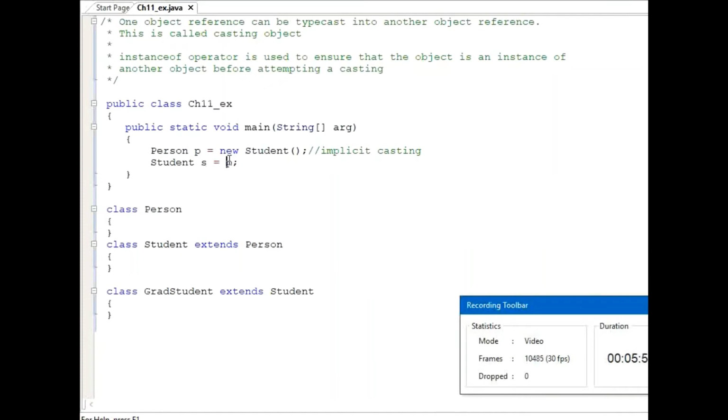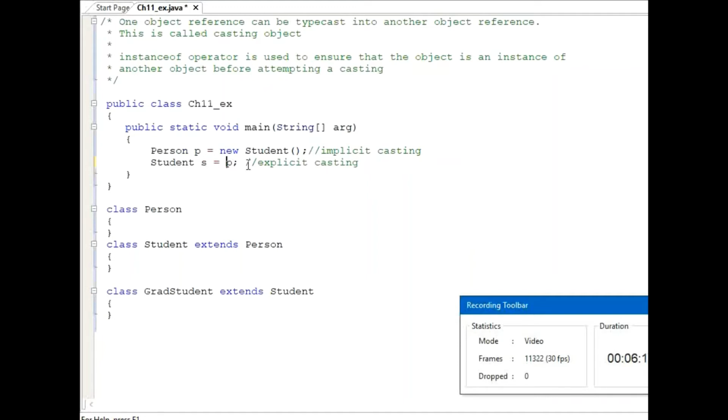Okay then. So how to fix this one? You need to go for explicit casting. So you need to change the type of the object. Basically, p is pointing to an instance of the Student class only, but the declared type is Person here. That is the problem. The compiler could not find it.